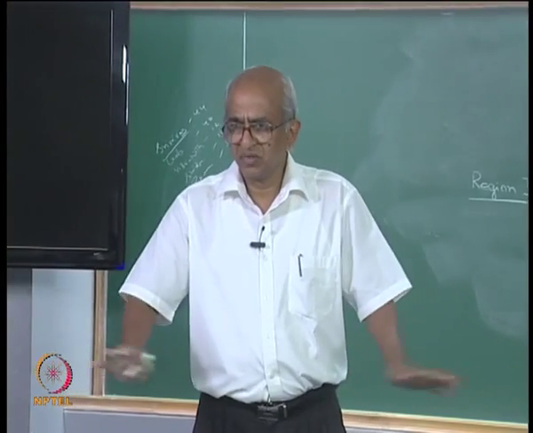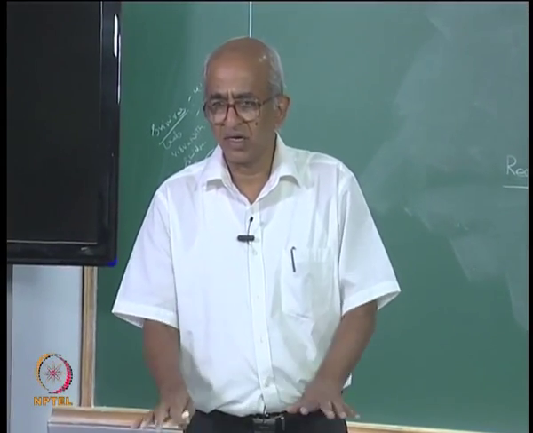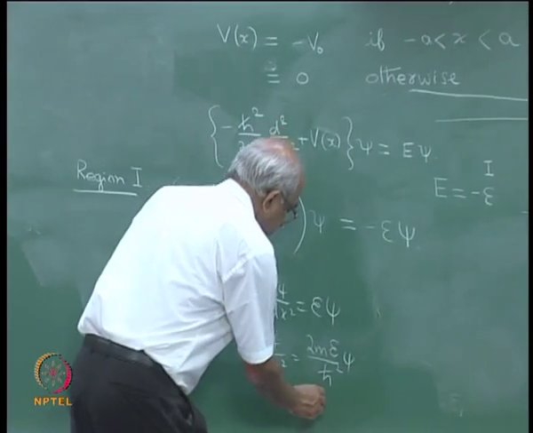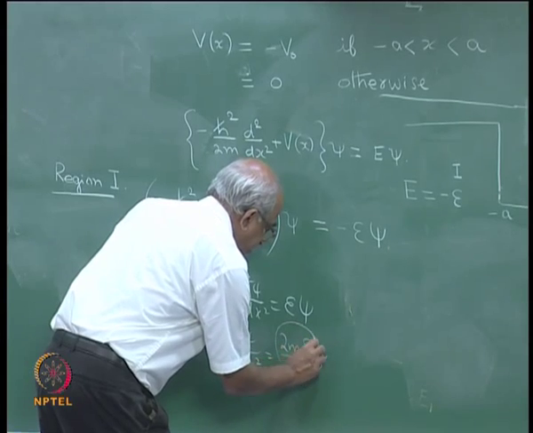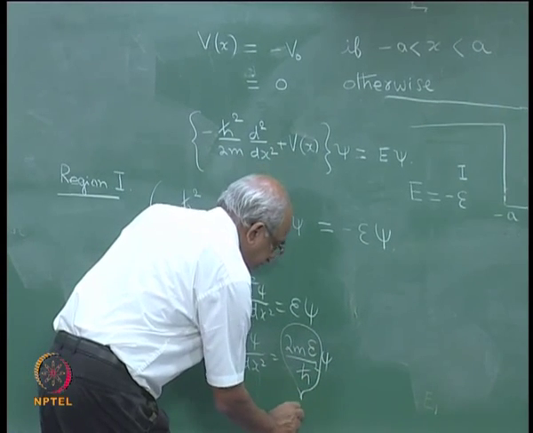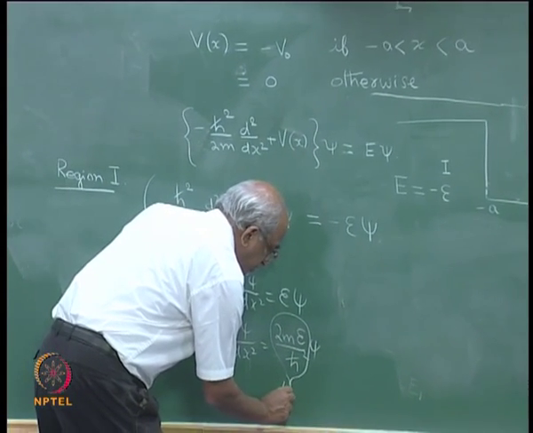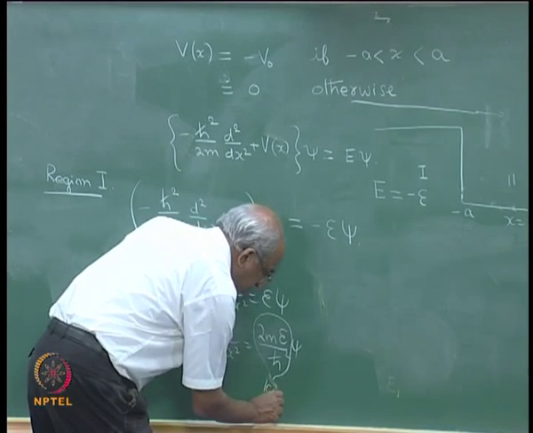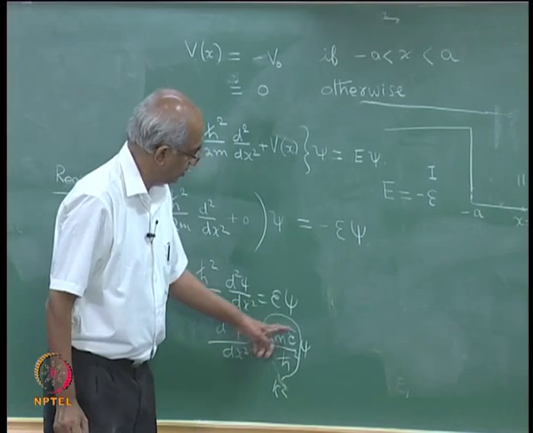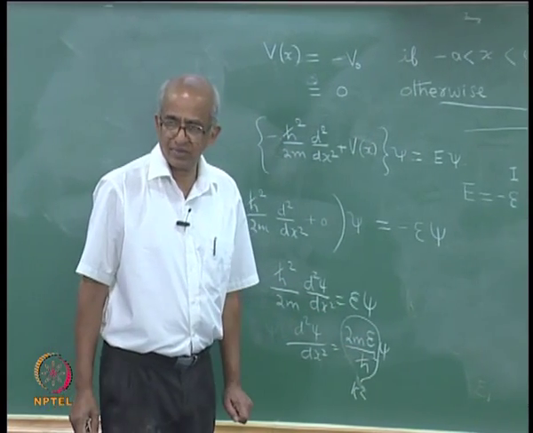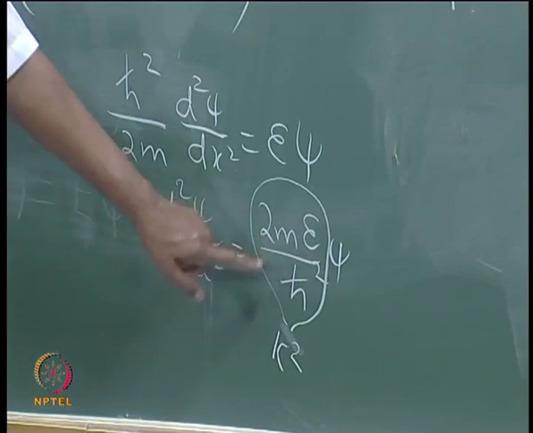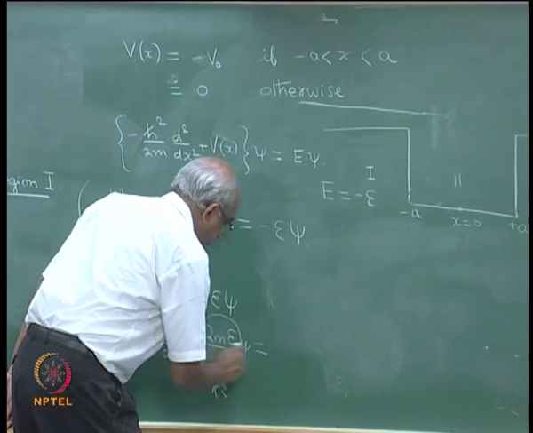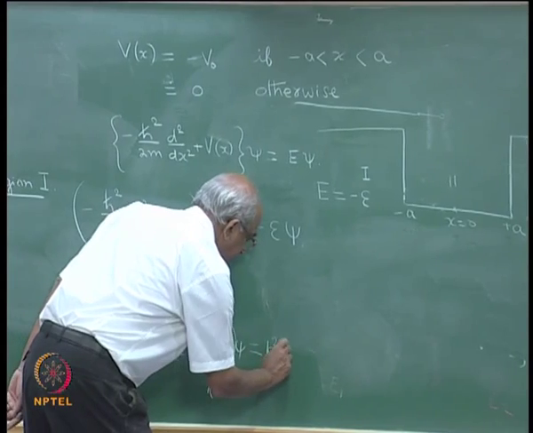Epsilon is a constant because it is related to the total energy of the particle. And at this point, as usual, we do not want to be writing this object again and again and again, it is very inconvenient. So, introduce something which I may refer to as kappa, such that square of kappa is equal to 2 m epsilon by h cross square, right. This is equal to kappa square. So, therefore, d square psi by dx square is equal to kappa square psi.